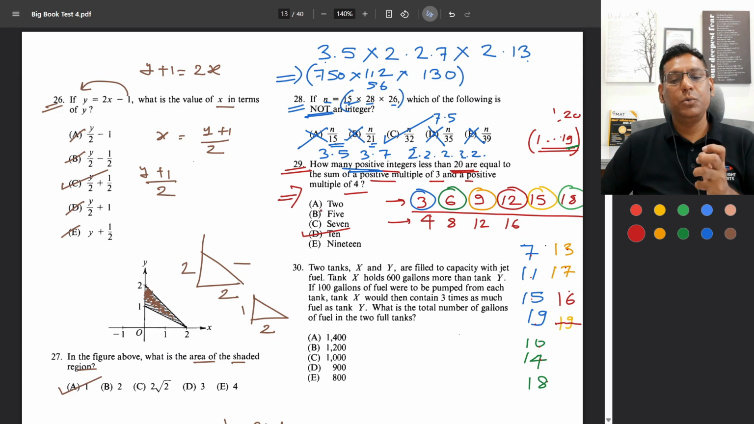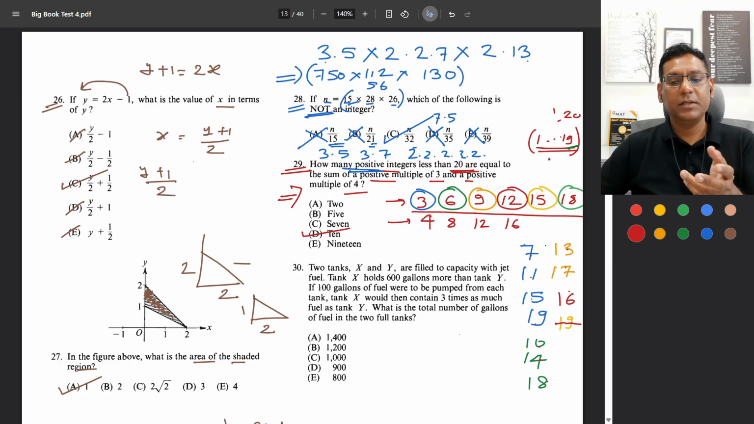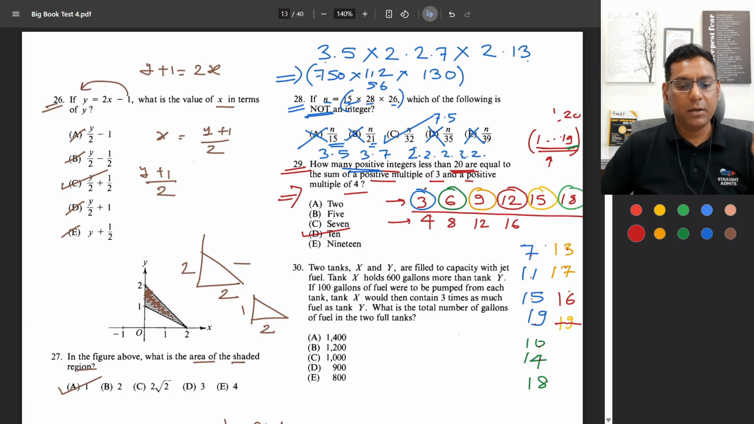It's not a difficult question to figure out, but it's very methodical. If you make some mistake or if you try to do it the other way, for example, can 1 be formed, can 2 be formed, can 3 be formed, that's a very long process and prone to error also. And the answer choices are also kind of